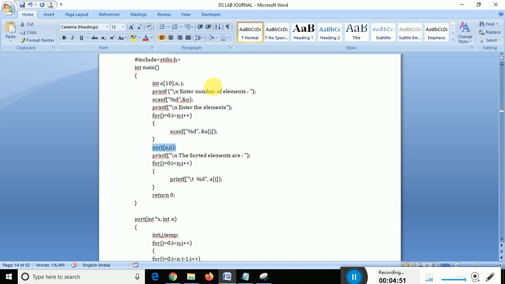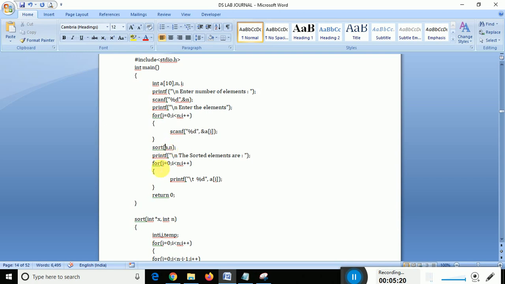Whatever the array and elements are, it will pass them here. These elements will jump from A to x, whatever elements we had given, like 10, 15, 7, 9. The number of elements, the size we had given, will also jump here.